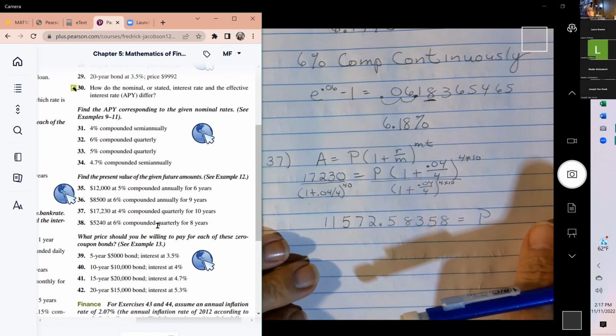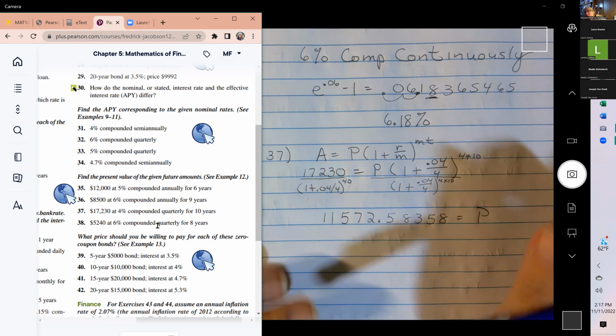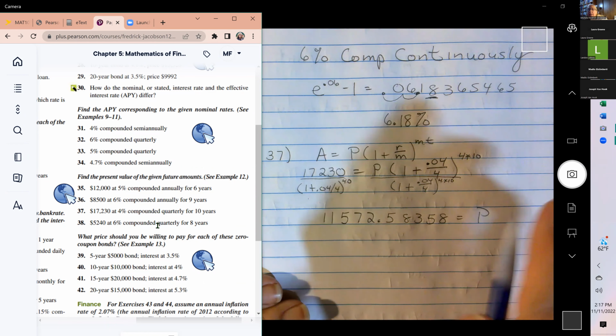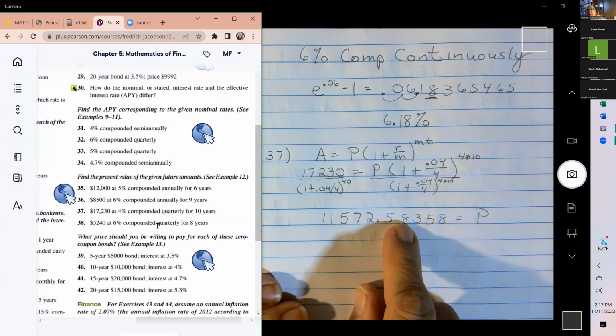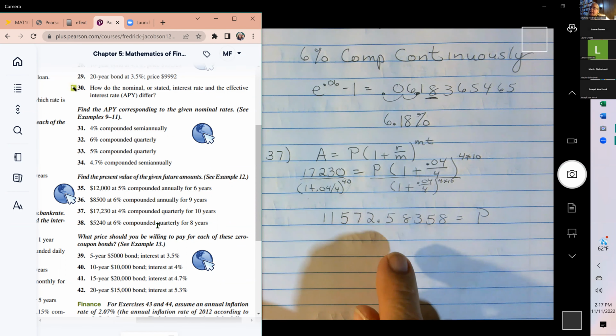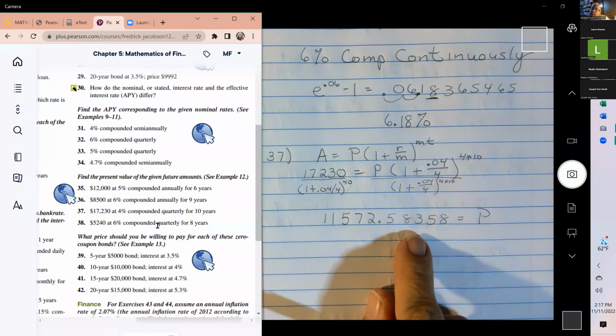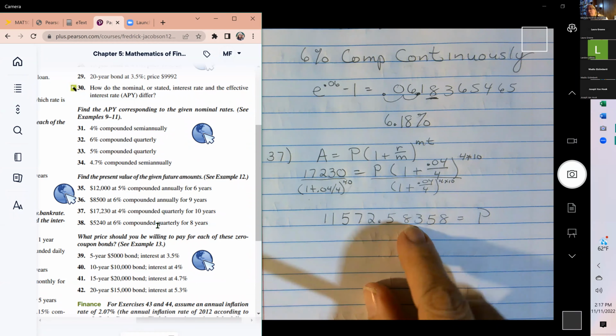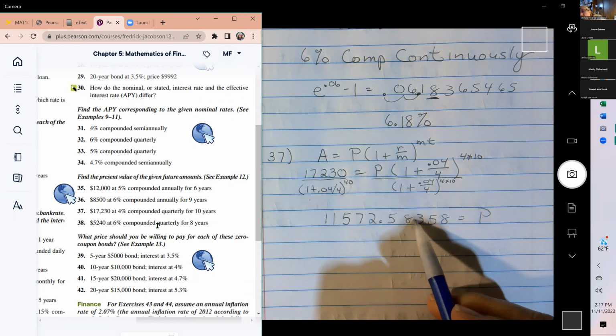If it says round to the nearest cent, you round as you normally would, and this would be an 8. This problem, they would probably state round appropriately, simply because if we drop this off,